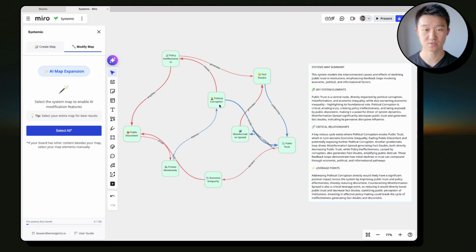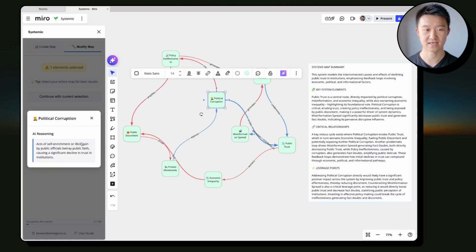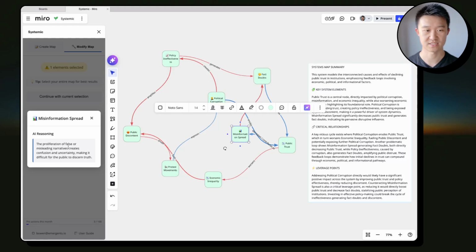If you were to click into one of these nodes, you'll be able to see the AI reasoning for why it added that into this specific systems map. All of this is free to use in the free tier. There's also a pro mode which does live web research and adds citations to a map. I'll show you that in a moment, but first let me show you how to expand on what we currently